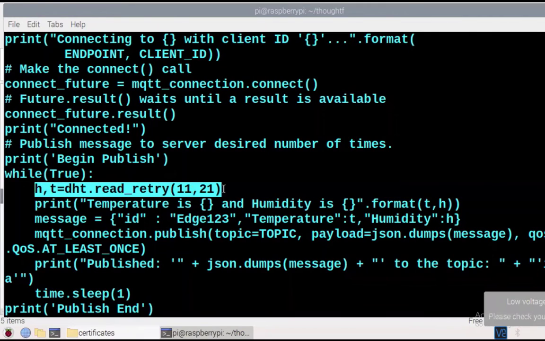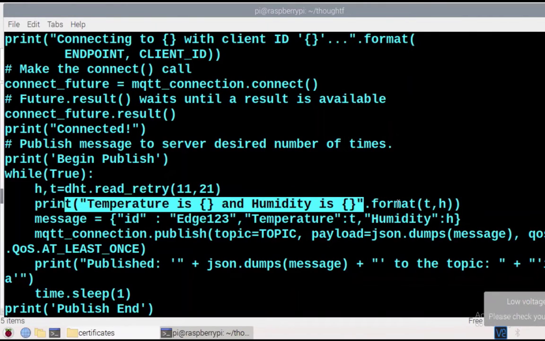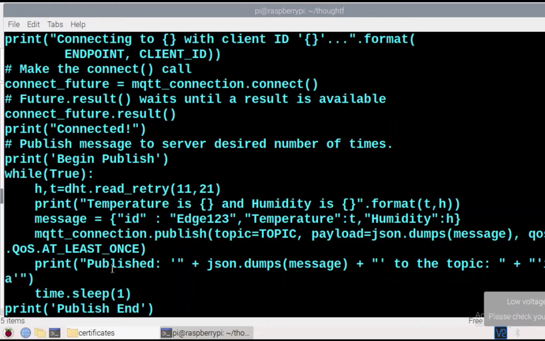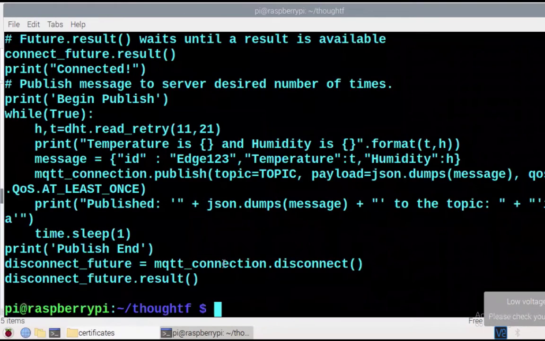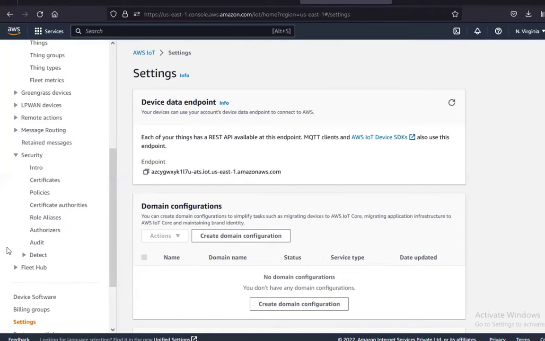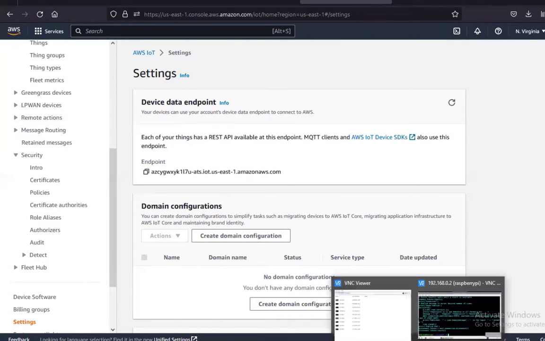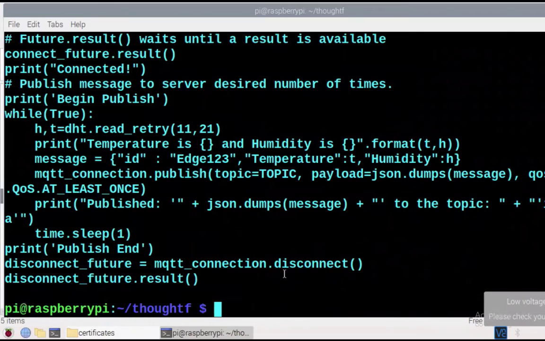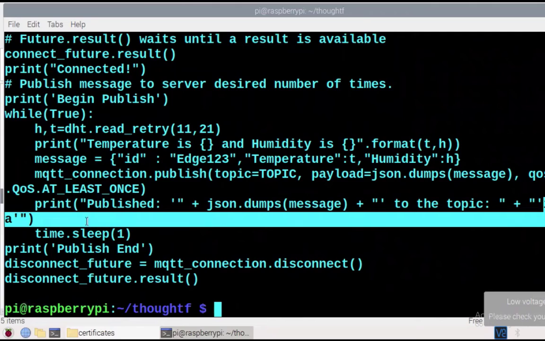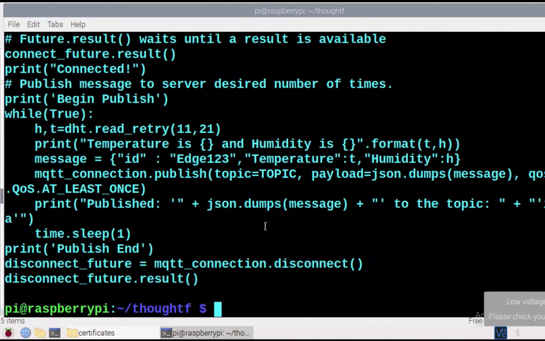I'm reading temperature and humidity values, and after that, I'm printing temperature, humidity, and also publishing the data using MQTT to AWS IoT Core. This data will be continuously updated. So this is purely based on MQTT, all of you. I am publishing data to the IoT data topic. So this Raspberry Pi is sending data